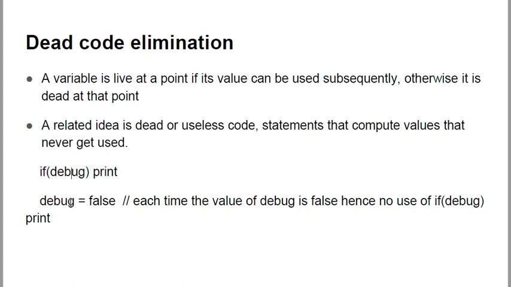So it can be referred to as useless code or dead code. So we can eliminate both the lines for our advantage of optimizing our source code. So this kind of elimination is known as dead code elimination.